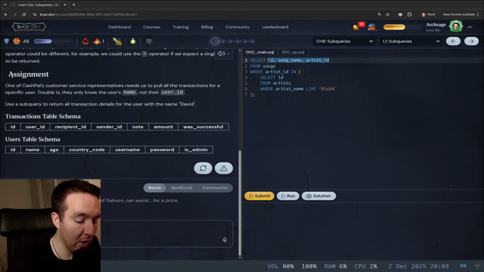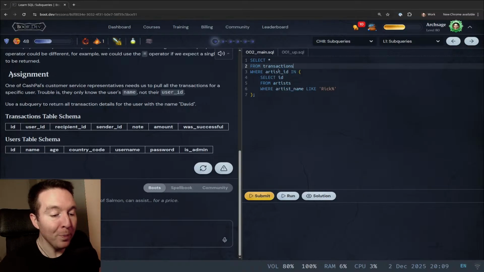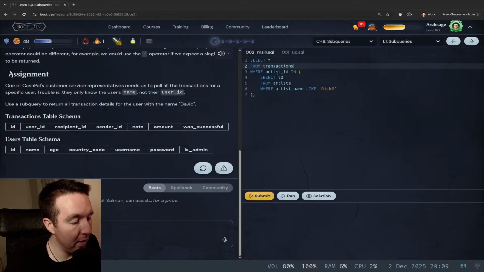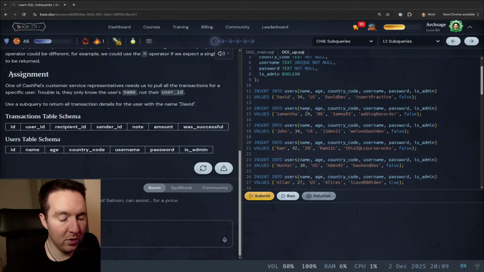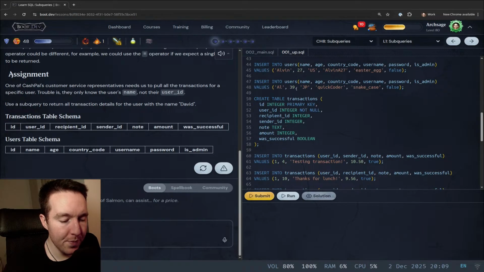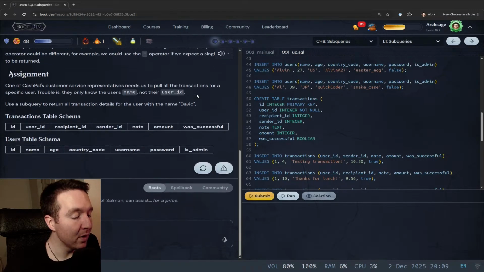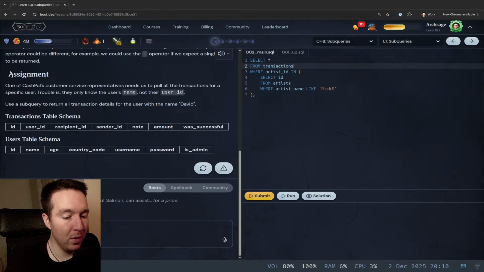So we're just going to select all from transactions where, so it's going to be users where